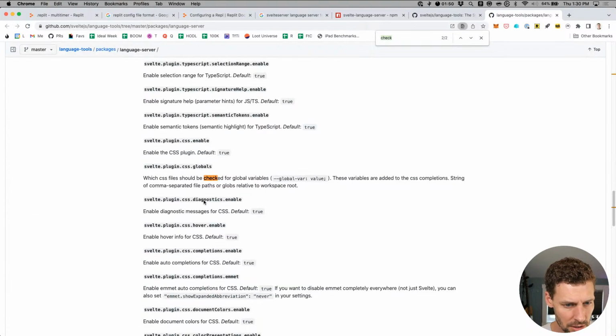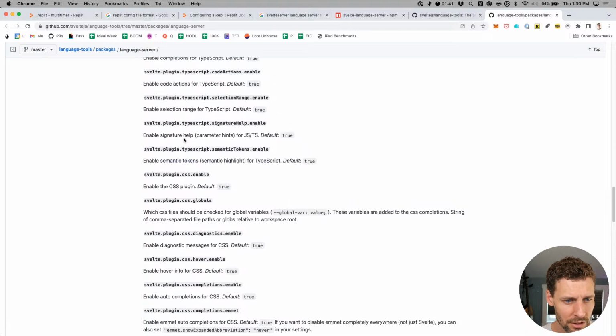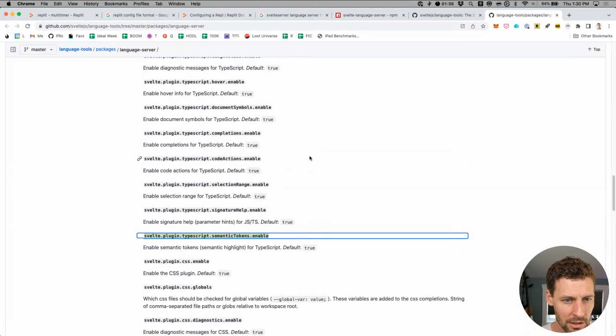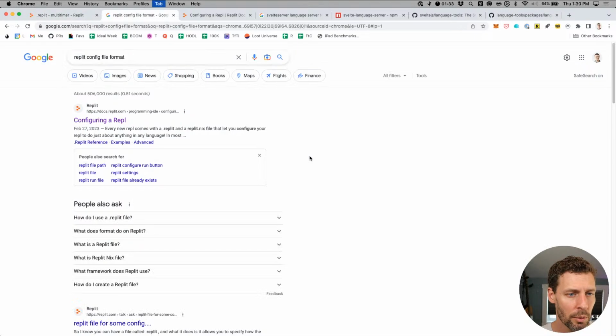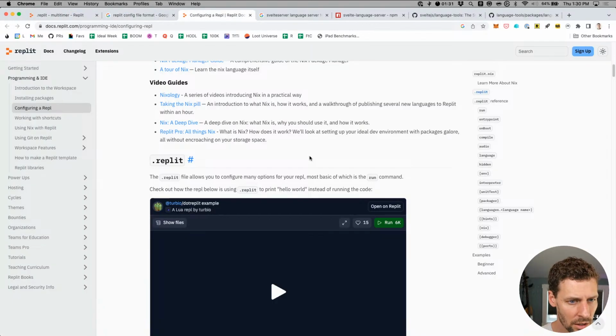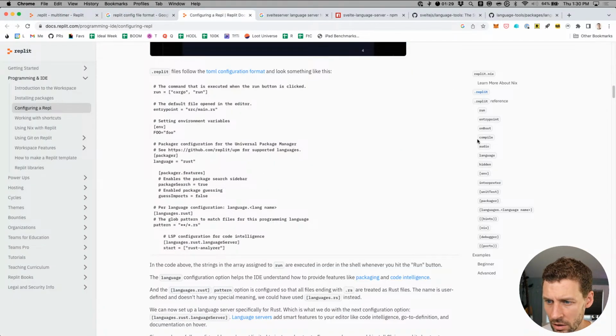Are there options here? Lint. Oh, interesting. There's a bunch of options.